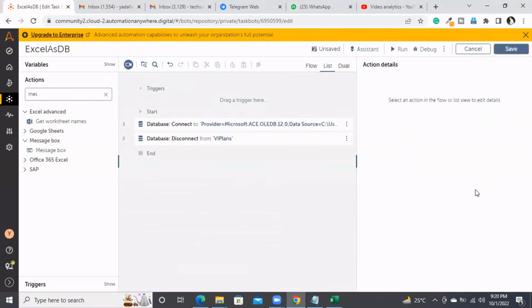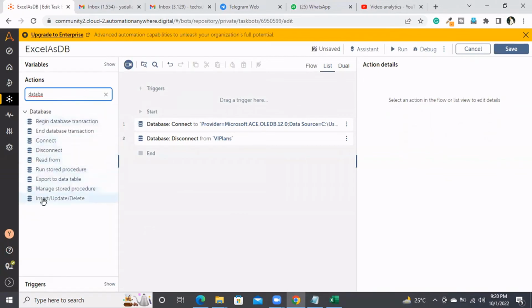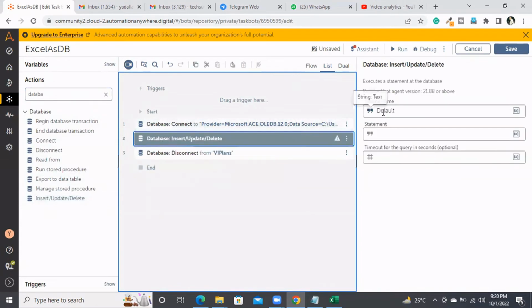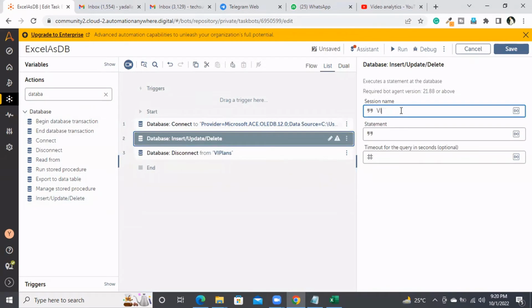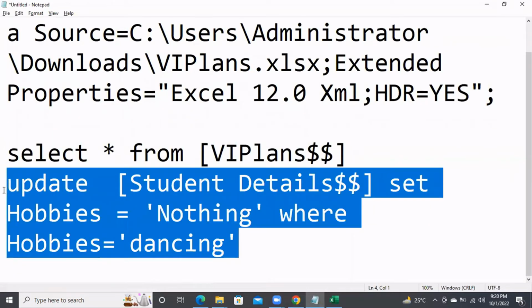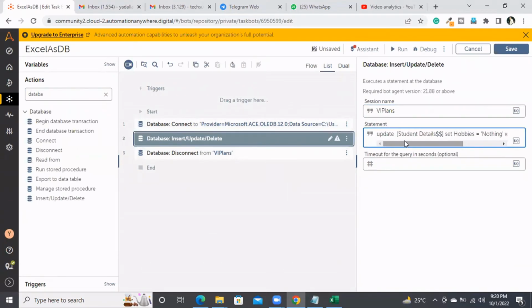Okay, I'll remove all this stuff. I don't want all this stuff. Again I'll be going back to the database, and here insert, update or delete is there, right? I'm taking this particular command here. Here also I'll be defining the session name called VIPlans, and here I'll be writing an update query. Okay, here I have already some sample update query, but this is not the requirement. We need to write it for the VIPlans, right? Simple thing, update. So here I'll be mentioning the table name VIPlans followed by $2